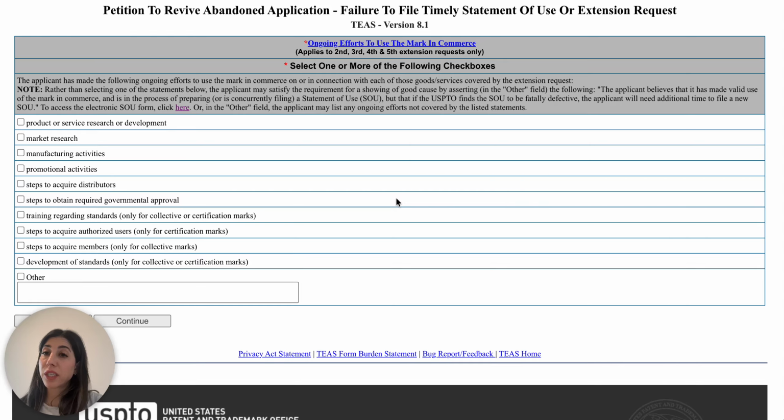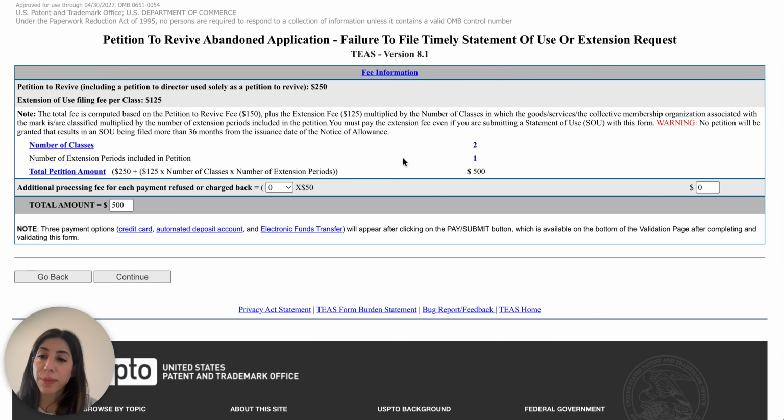On this next page, the USPTO usually likes to have some sort of reason of why your statement of use has not been filed yet. You can click any of these that apply in your case. I'm just going to click the first one, product or service research development. So for my client, that is the one we're going to choose, and we're just going to go ahead and click continue. We're going to get to the last page, which is basically your invoice of why it's costing the